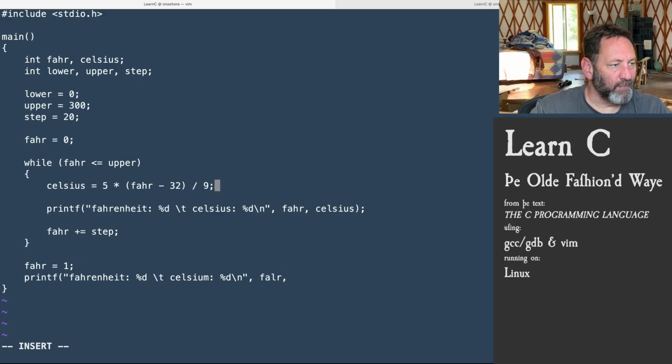So right after my loop goes all the way up to 300, I'm setting it back down to 1 instead of 0. And now I'm going to calculate this and see if